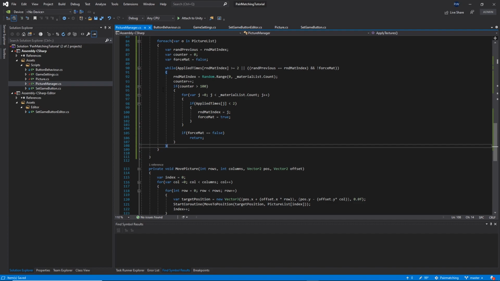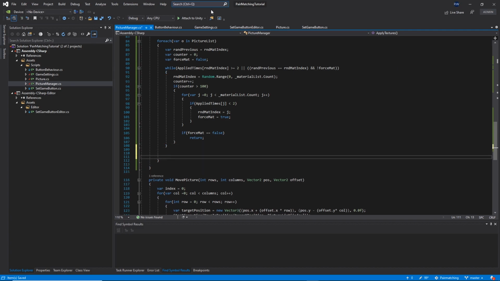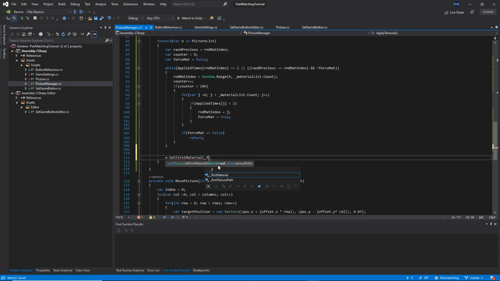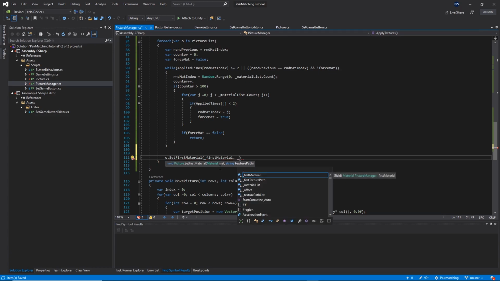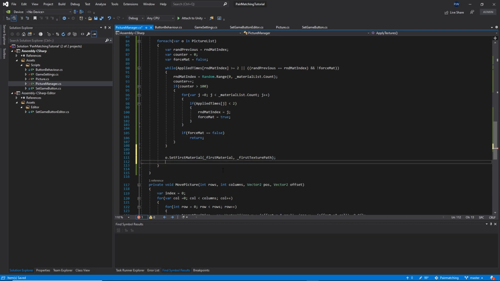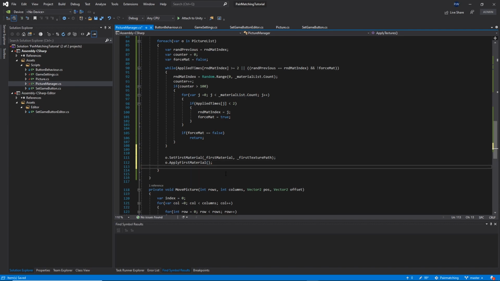And then outside of this while loop, so make sure you are outside of the while loop, we want to grab our object, which is our O. So O dot set first material, so that's going to be our picture, set first material, and then we want to pass our first material, and then for the texture it is going to be the first texture path. Then we want to call O dot apply first material,